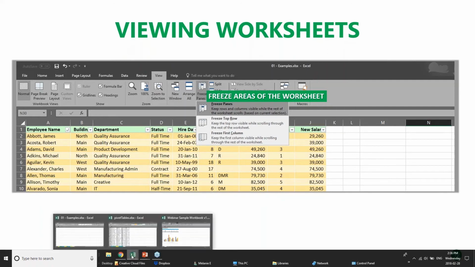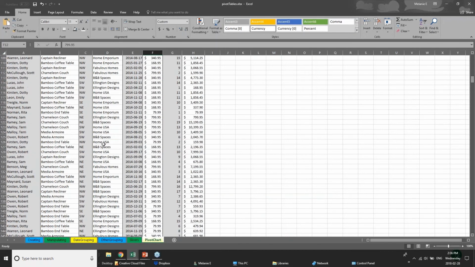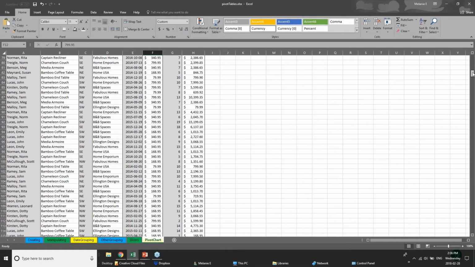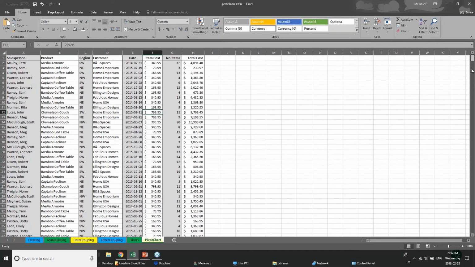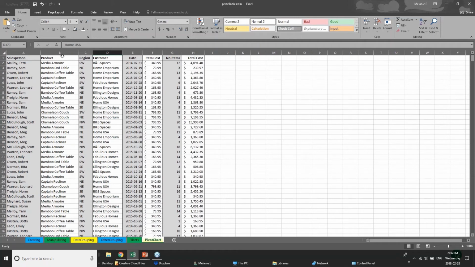So let's take a look at freezing areas. Here's my gigantic list of data. Again, I could scroll through and try to get to the bottom of the info. Maybe when I get down here, I think, oh, I forgot, what's this column for? I can't remember. I have to keep going back to the top and finding out what the titles are for these columns. So I can actually freeze that row